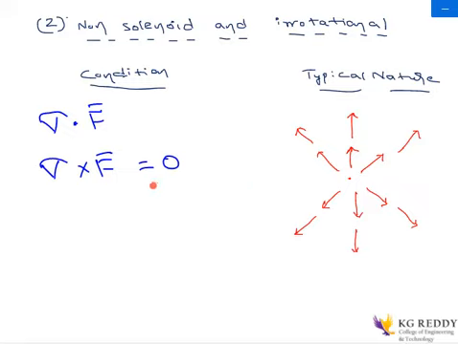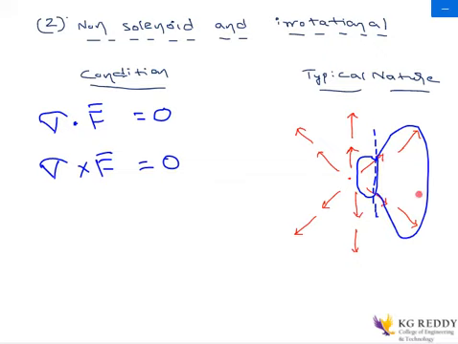So we can say that the curl is equal to 0 in the first case as well as in the second case. Now let us see about the divergence: whether the divergence is equal to 0 or not. For that, I am drawing a line here. If you observe, the field at this point is not equal to the field at this point. There is a change in the field at the incoming point and the outgoing point. This field is very small, whereas the field is larger where it is emerging at this area.